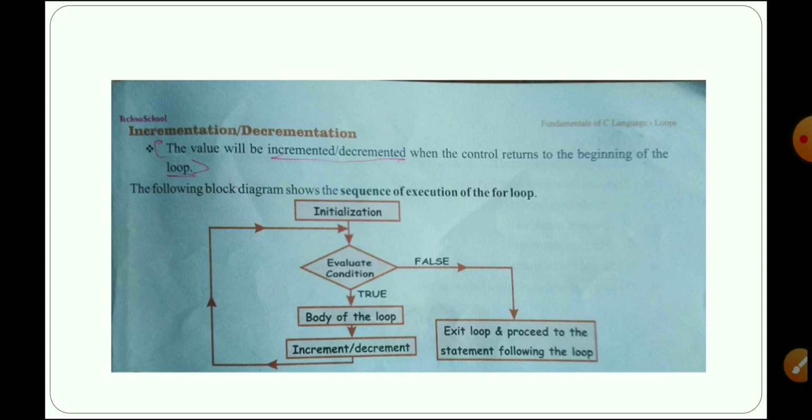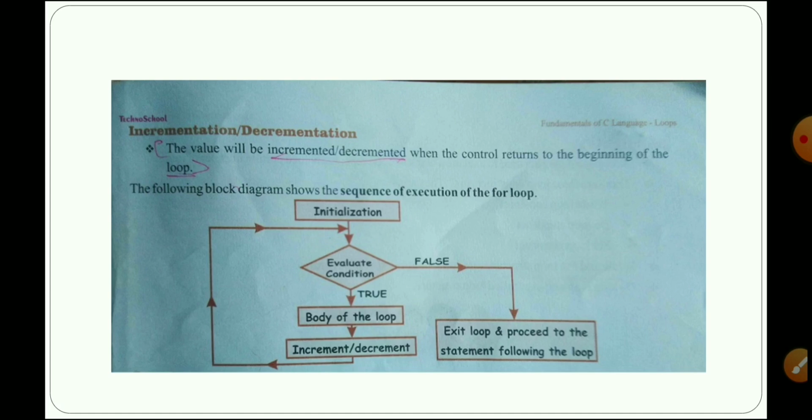First initialization, then evaluate a condition. If the condition is true, go for the body of the loop, the increment and decrement process, and next go for the condition again. Evaluate, and if the condition is true, go for the body of the loop, the increment and decrement process, and repeat the evaluation of the condition.